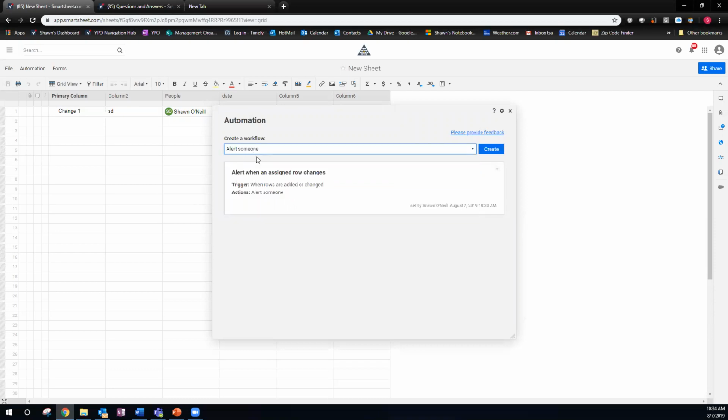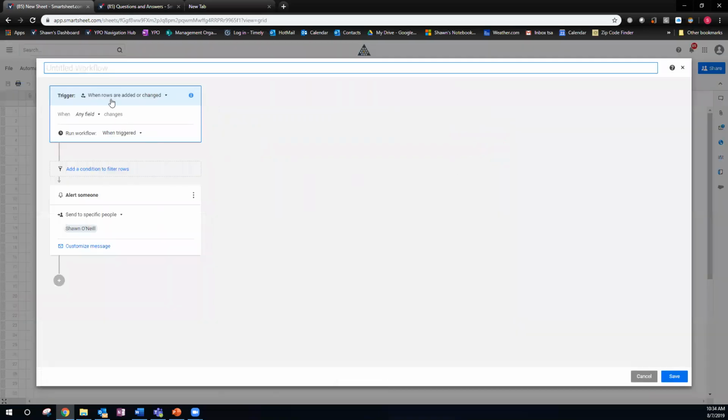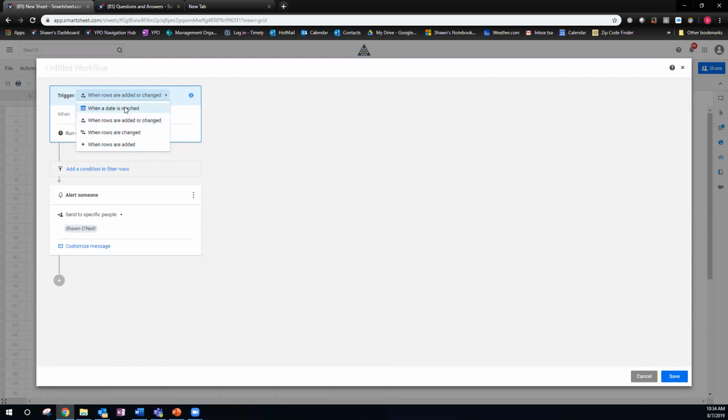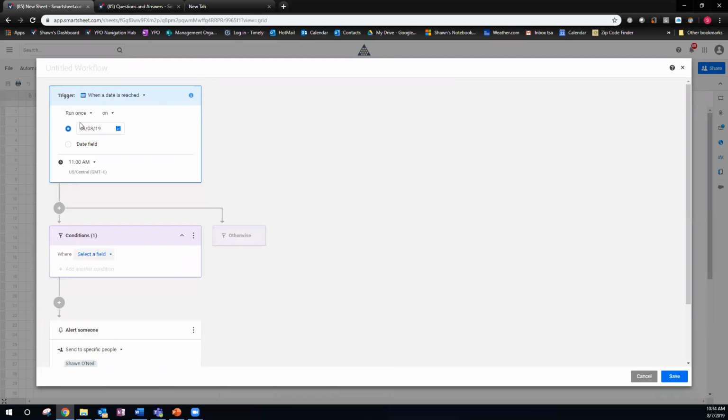And this alert will go when, and let's create. So when rows are added or changed. Now we're going to change that. We're going to say when a date is reached. Now it could say run on a certain date, or we're going to base it on the date field. You have a couple options. Let's run it on the date field. So when the date field that I defined as date is reached,